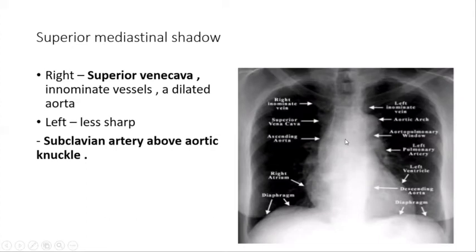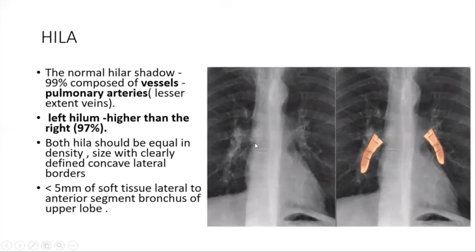Always keep in mind there is the place for the descending aorta, and this is the shadow of the superior vena cava. Similarly, this is the shadow of the aortic knuckle from the outside of the aorta, and this is the pulmonary artery. And there is a concavity. This concavity is known as the aortopulmonary window, and there are many pathologies associated with it. This is also a very important structure. Always keep in mind this aortopulmonary window is formed between the arch of the aorta and the shadow formed by the left pulmonary artery.